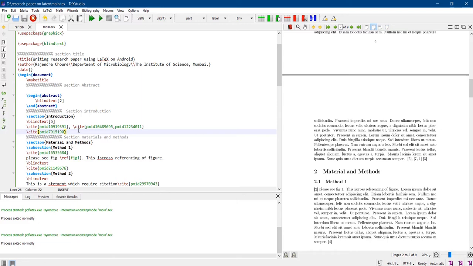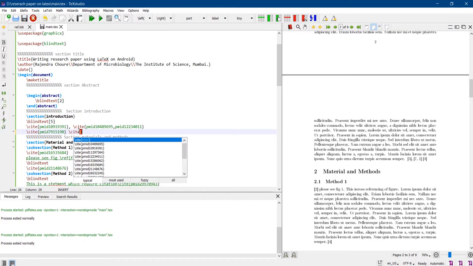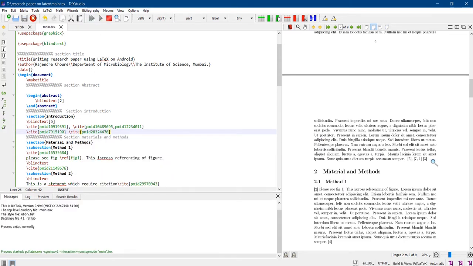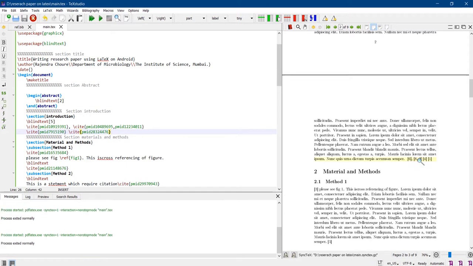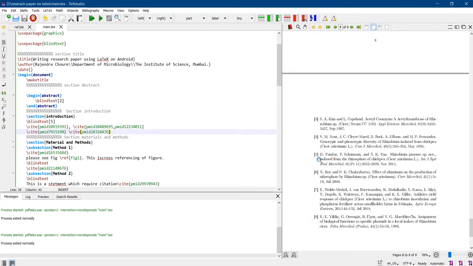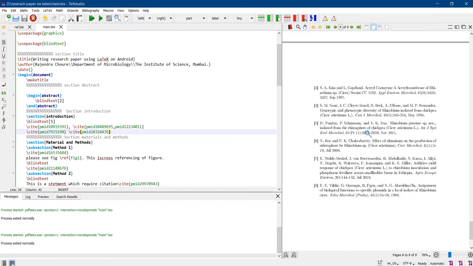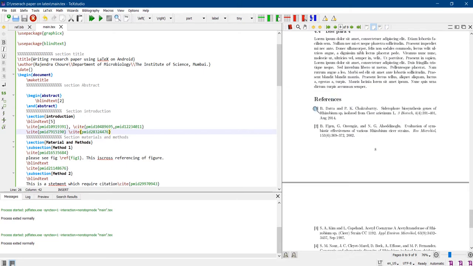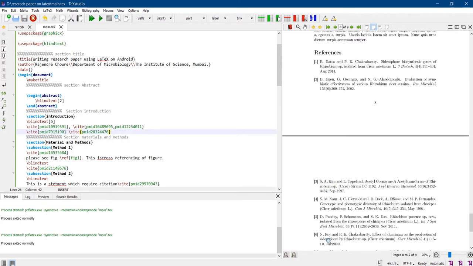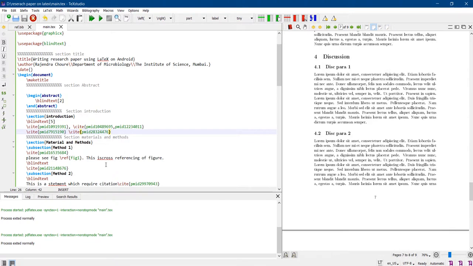And as you go on adding this \cite, the list will appear when you go for \cite and select the paper you want to include. This one I want to include. I will click that, and that shall get added here. It has got added here, and that will get added to your reference list also. This reference list will go on populating, and automatically it will arrange the references as per their alphabetical order. These are arranged alphabetically. Okay.